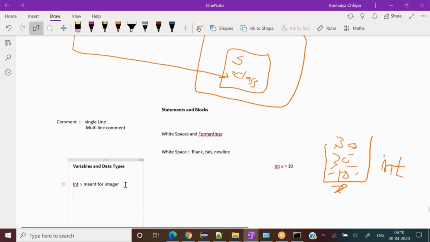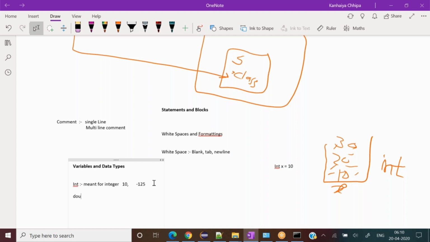The integer value could be positive or negative, both. Like I was saying 10, but I can write minus 125 also. So positive and negative values are both accepted for the integer, right?